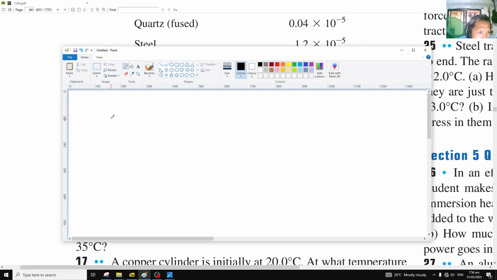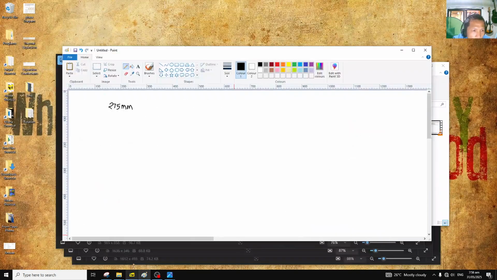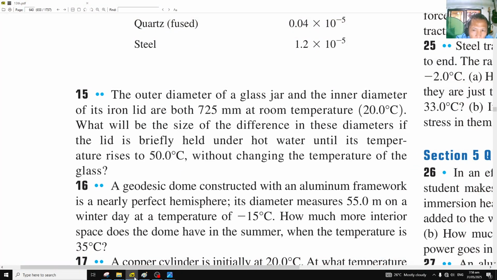Sorry, 725, I reversed it. At room temperature, what will be the size of the difference in these diameters if